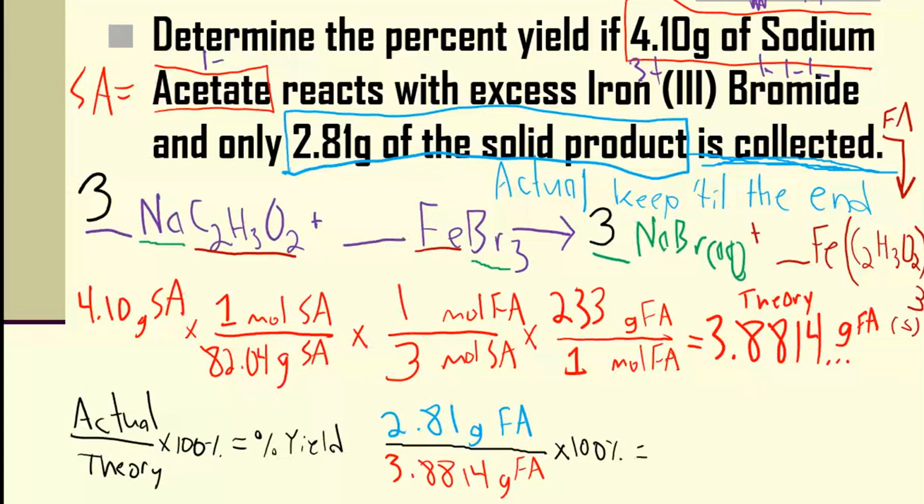Now, the problem tells me that I have 3 significant digits. So I'm going to take my raw number here and round it to 3 sig digs for my final answer. And so my final answer in this case is